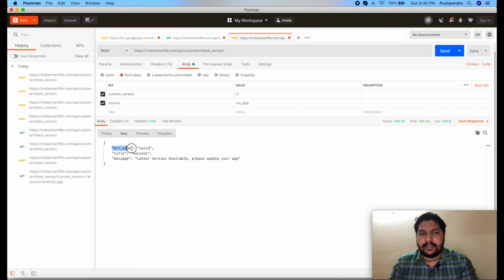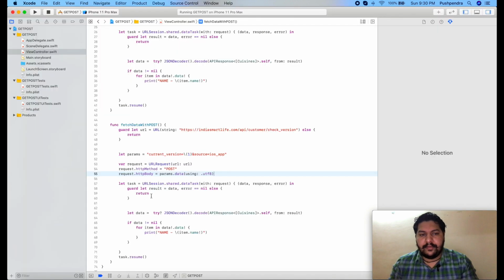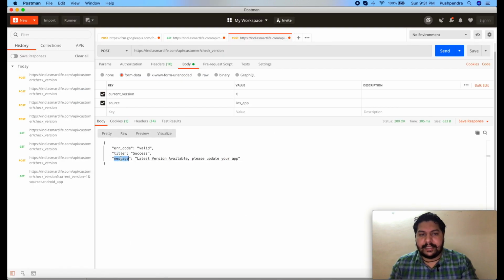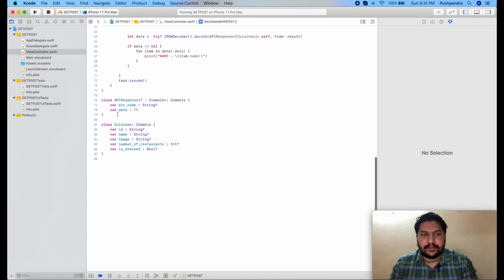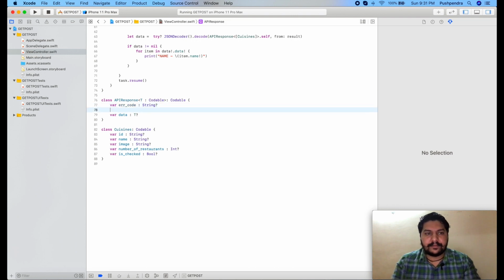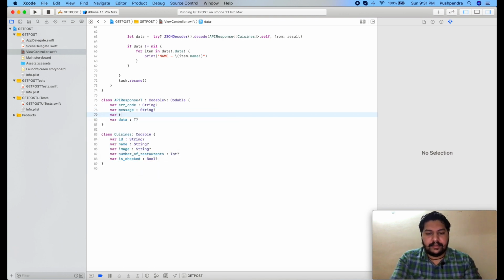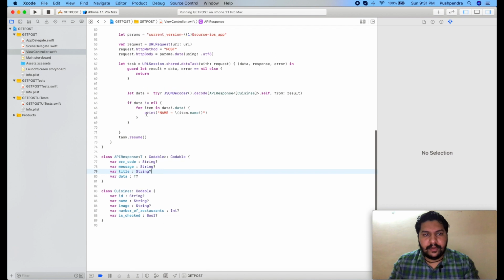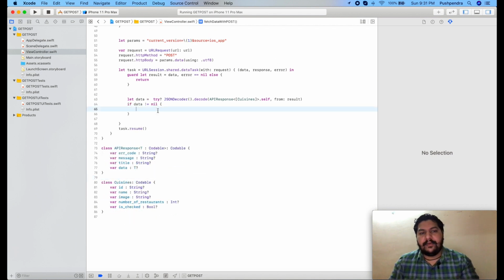So how can we parse that? Up to here, this is normal. We have to add title and message in our API response here. So message of type String, same with title of type String.